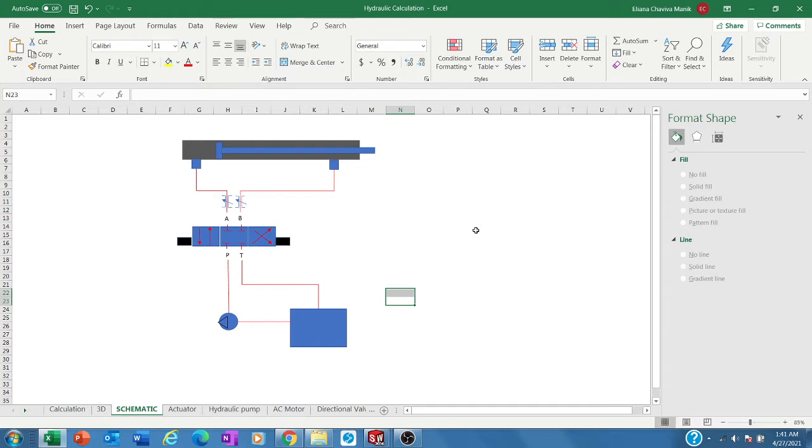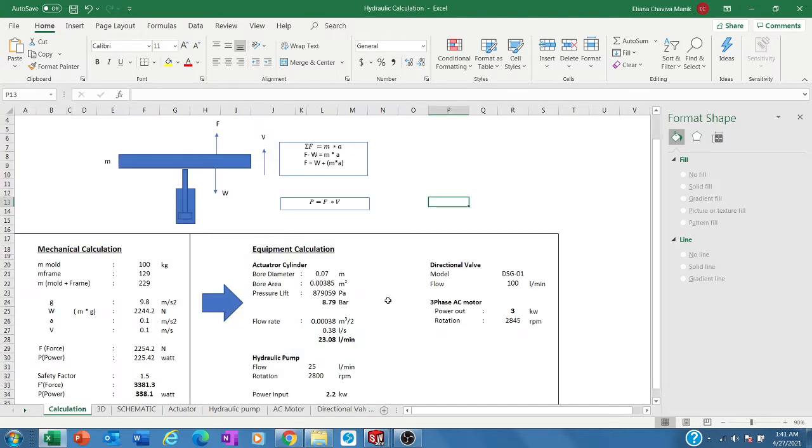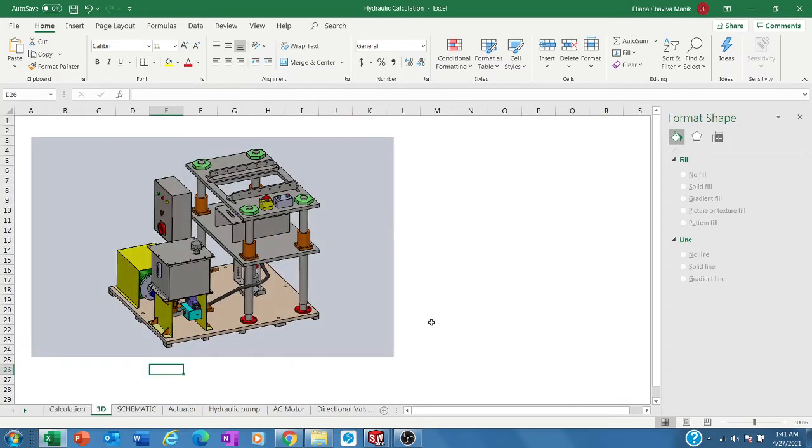So the first step, as I mentioned before, we will do a kind of mechanical calculation. Before doing these mechanical calculations, of course we have to decide what machine we would like to design. Actually this is the final step of the machinery, the final design, but to give you a feeling of the machine and the objective of this design,